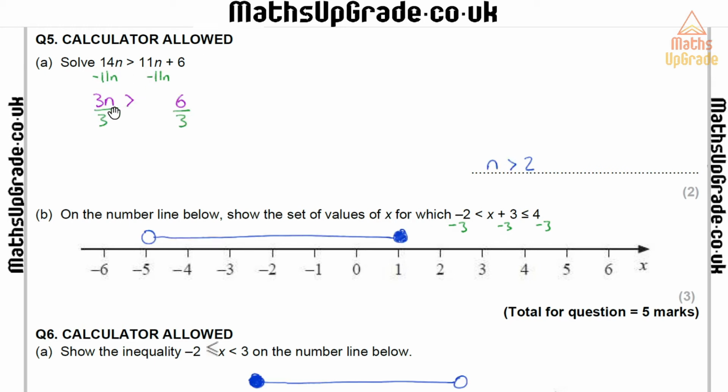That leaves me 3n, which is greater than 6. If I then do the inverse of multiply by 3, which is divide by 3 on both sides, that leaves me n is greater than 2, and that's